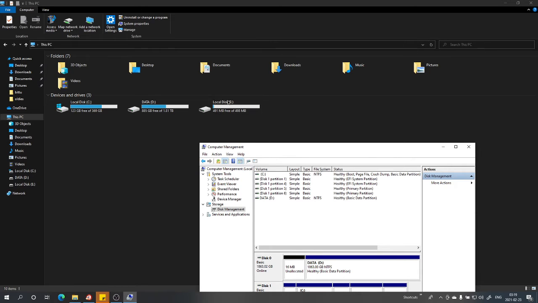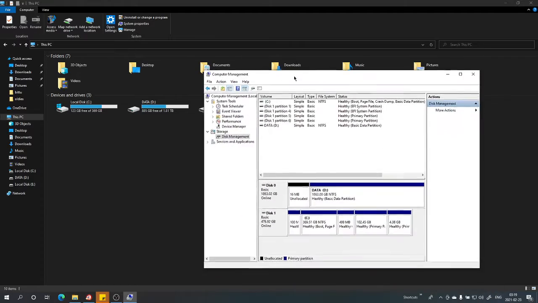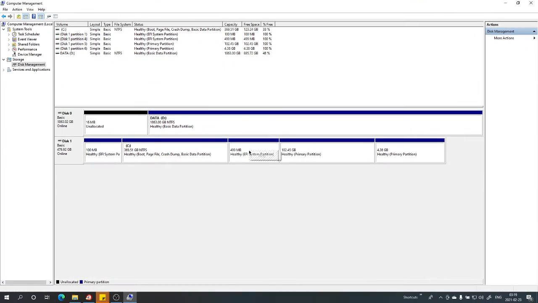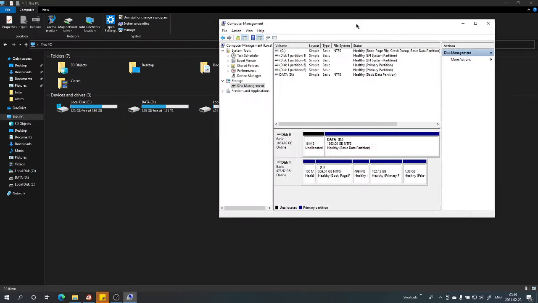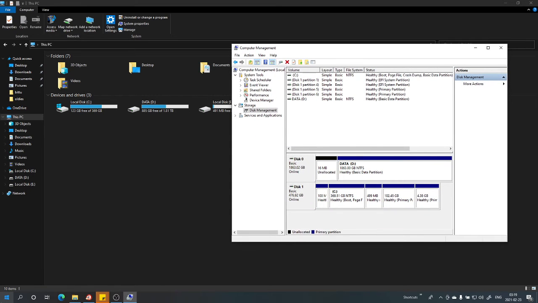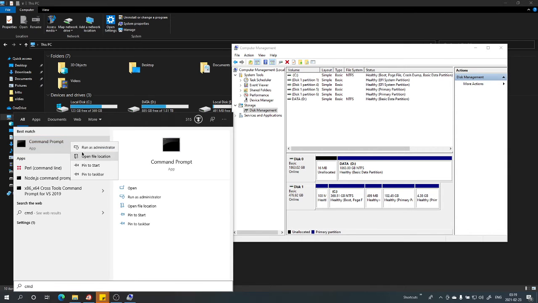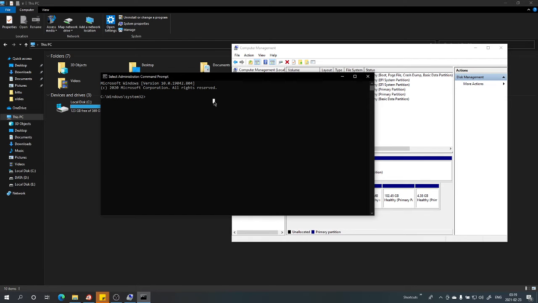It is also having a letter attached to it, so theoretically you should be able to remove that letter in order to hide that partition, but you are not able to do that because, as you can see over here, I don't have any options available, unlike the other drives. So what you can do in that case is you can go to command prompt and run it as administrator,